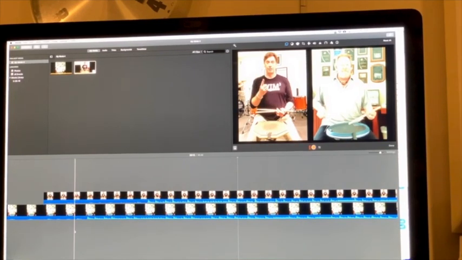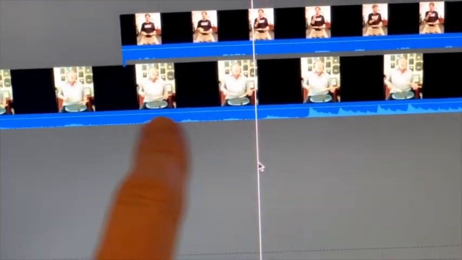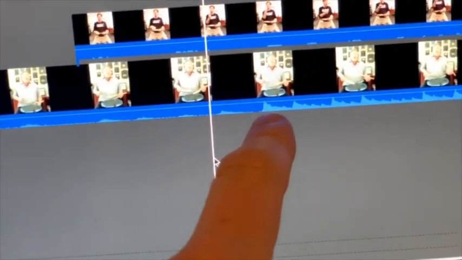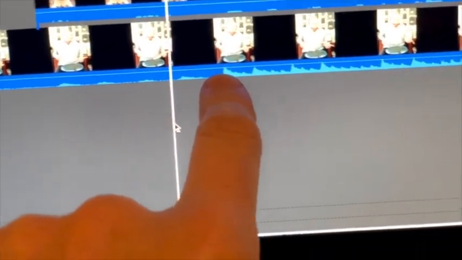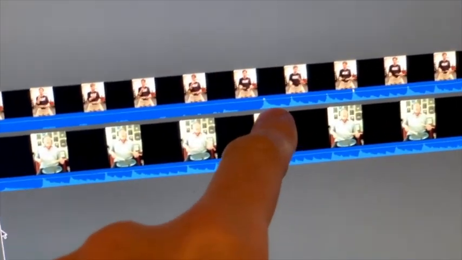So now, I'm going to take this off the screen, and I'm going to bring this in so you guys can see it a little closer, right? And now this is Scott's audio track right here. So you can see these little lines here. The blue with the waveforms, that's when he's making noise and drumming. So that's his first note right there. See that? That's his first attack. Now Tommy's first attack is right there. So now that I know where those attacks are,